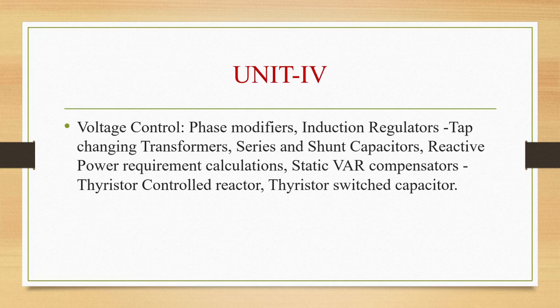When the load on the system is increasing, voltage at the consumer's terminals will fall because of increased voltage drop in alternator synchronous impedance, transmission line, transformer impedance, feeders and distributors. So whenever load is increased, voltage at the consumer terminals will decrease. The voltage variations are undesirable and they should be kept within prescribed limits, that is plus or minus 6% of the declared voltage. And this can be achieved by installing voltage regulating equipment at suitable places.